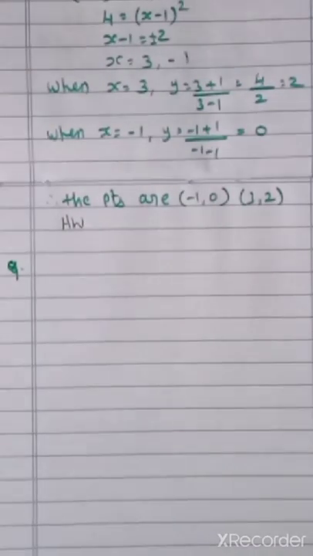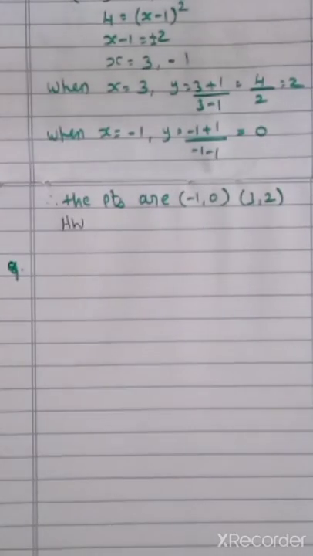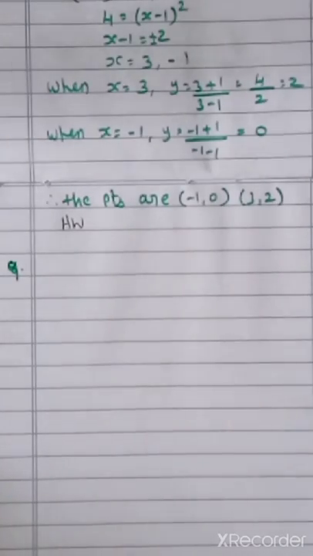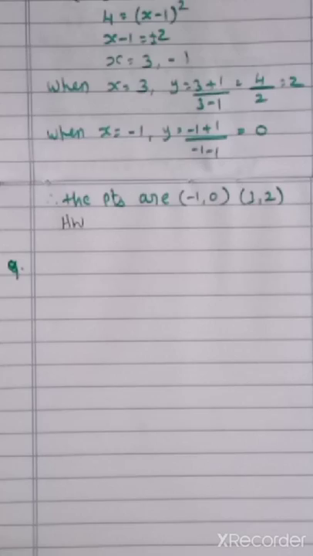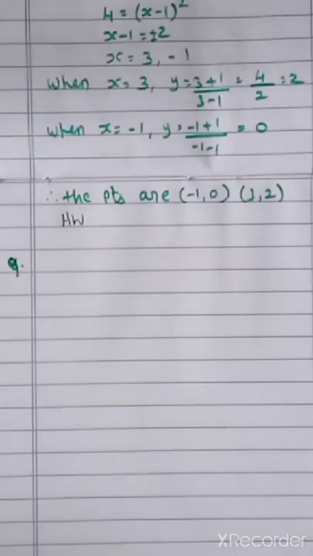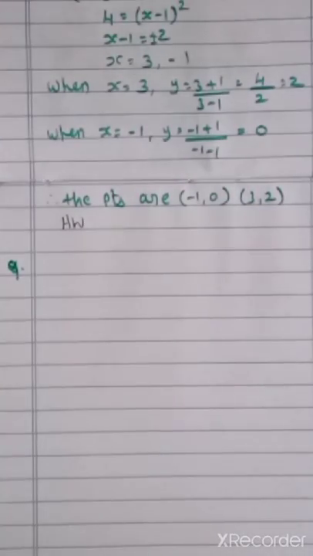8th question. Find the equation of tangent and normal to the curve given by x equal to 7 cos t, y equal to 2 sin t at any point on the curve. So this one, as we did our 5th problem last subdivision, like that. So first you have to find out your dy by dx. After finding your dy by dx, you have to find out the points. So dy by dx, that is your m value. After finding those things, you can use the formula to find out your equation of tangent and equation of normal. Now we can get into the next problem, 9th one.